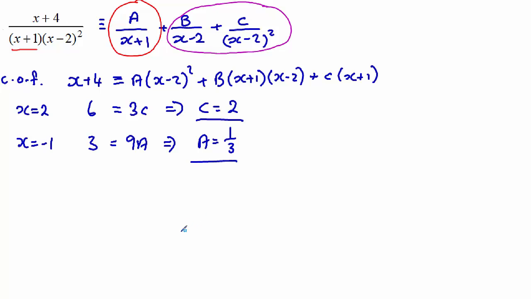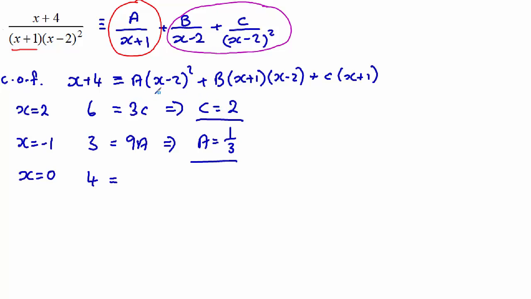Now, there's no other value that we could choose that actually makes something disappear. We could choose a third value, or we could compare coefficients. Let's choose a third value. Let's go for x equals 0. So then the left is 4,